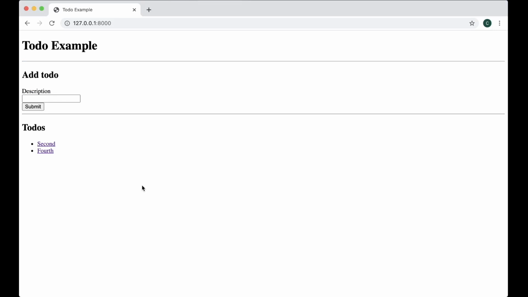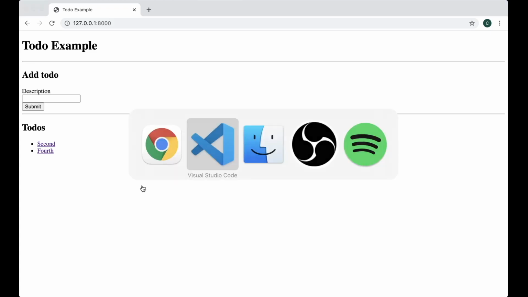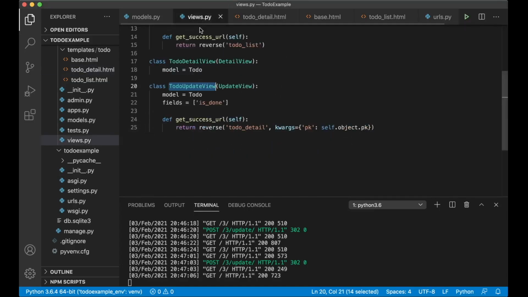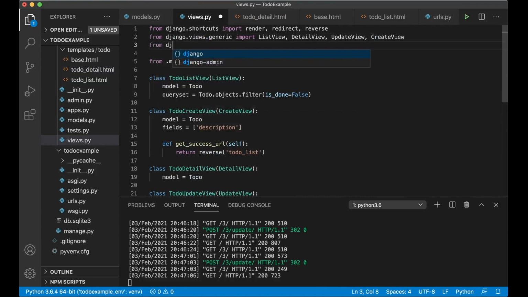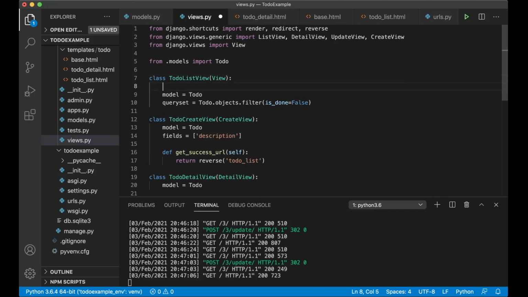And you also have normal views. So if I go back here now, go to the top, and here I say from Django.views import View. And I want to replace the to-do list view with a view like this. And then I need to specify the template name to use. Template name equals